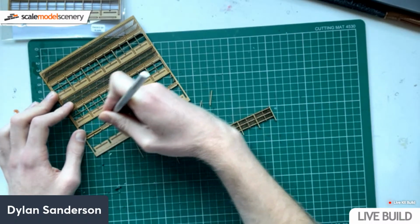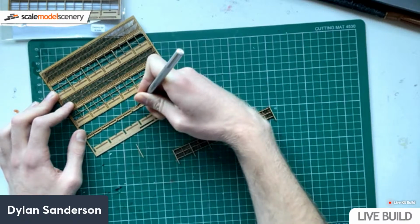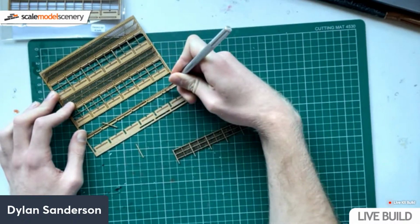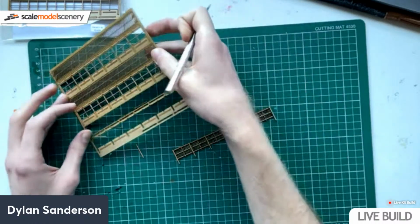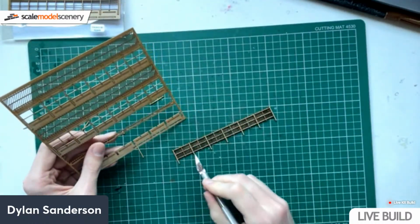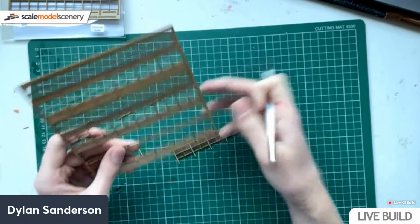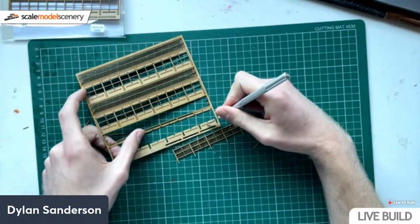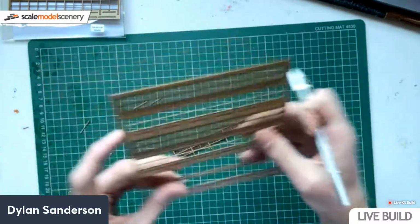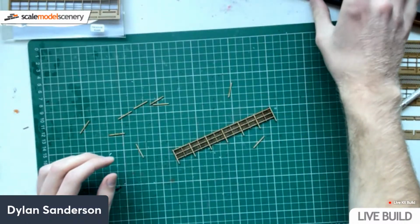Right, so just going to release the extra fence posts, which is a simple enough job. These are the slightly bigger ones, which go on every other fence post, and then I do believe we have some smaller ones at the bottom here, which go on the other alternative posts. Right, so once we've got those out of the way,